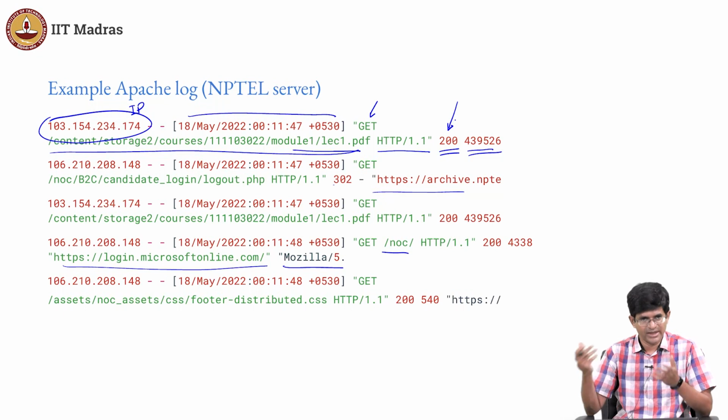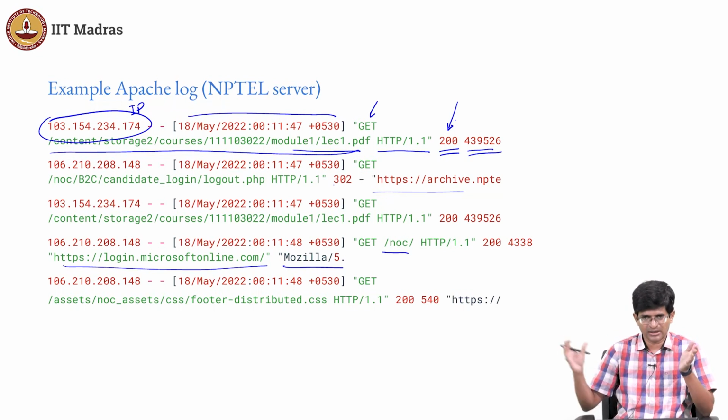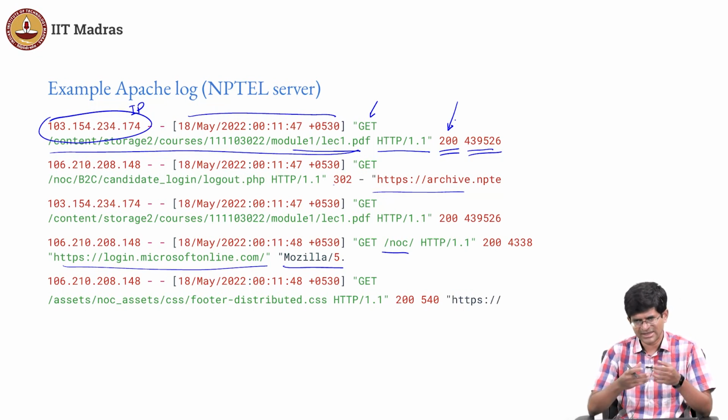After that comes the date, which is in a human readable format, but for a log file, I don't necessarily want it to be human readable. I want a computer to be able to process it. So is this really the best format I could use? I don't know. The get request, the file name, all of those are clubbed together into one big string. Things like this user agent, for example, are a nightmare because it's just a string which has spaces inside it. I can't really make much sense of the whole thing.